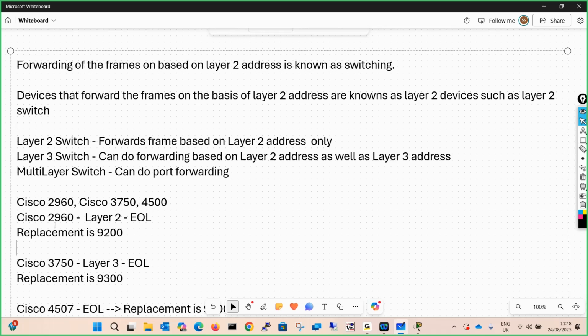Now, understand how you will learn this replacement mapping. There is no official document, but it is said that 2960, which was categorized as layer 2 from the starting number, they have put over here. Now all the switches have come with the 9000 series, and this 2 represents layer 2, this 9300 represents layer 3, and 4507 is replaced by 9407, which is the equivalent switch.